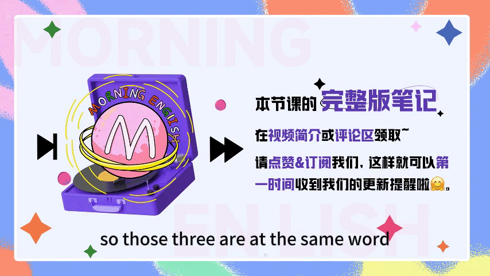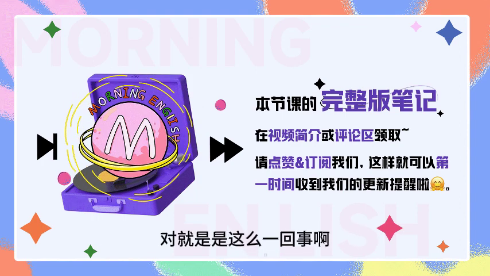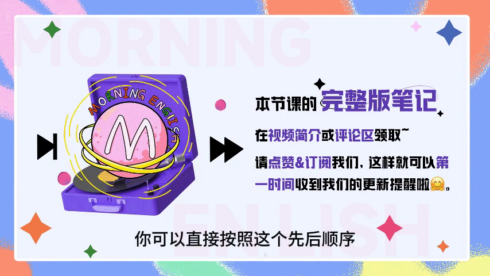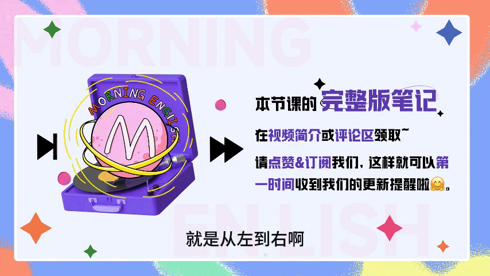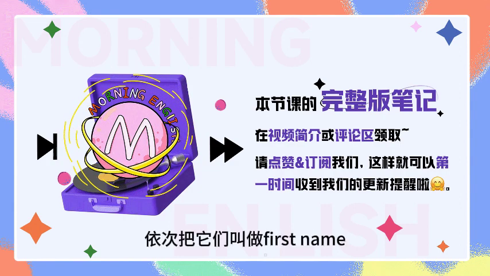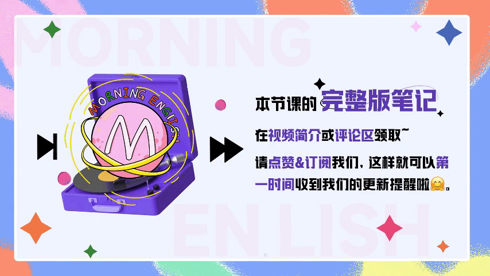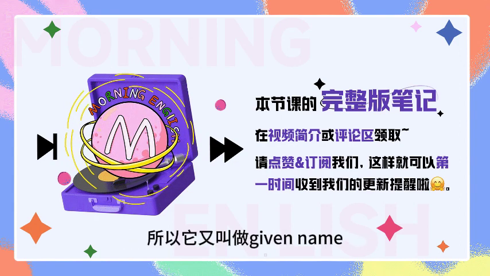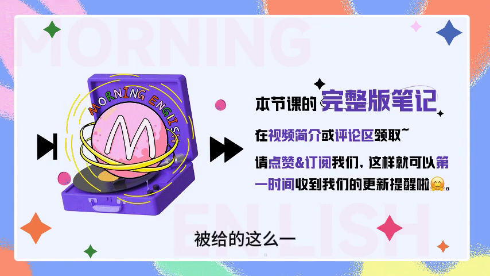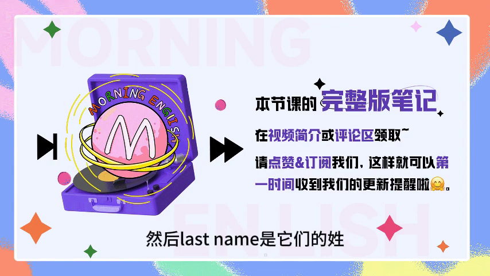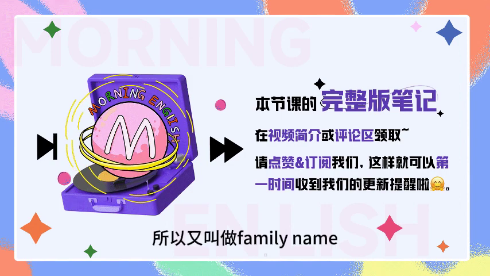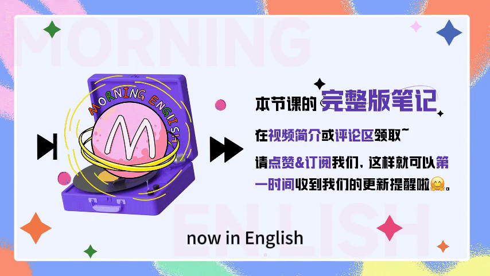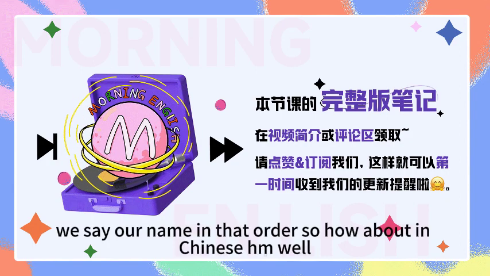So those 3 are the same word. 对，是这么一回事儿啊。在英文当中呢，他们的名字有3个部分，你可以直接按照这个先后顺序，也就是从左到右啊，依次把它们叫做 first name, middle name and last name。另外呢 first name 因为是他们的名，那名是父母给取的，所以它又叫做 given name 被给的这么一个名字嘛。然后 last name 是他们的姓，也就是家族传下来的，所以又叫做 family name，当然也可以叫做 surname。